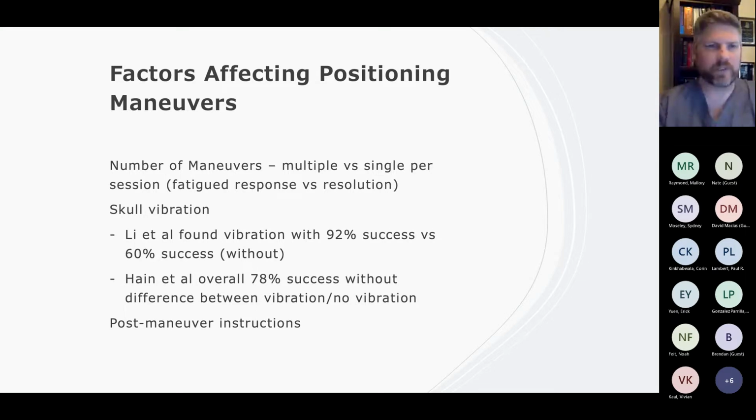There's no consensus, I would say, on that. The argument against doing multiple would be if there's a fatigue response, how do you know it's just a fatigue response versus a complete resolution? And then skull vibration,